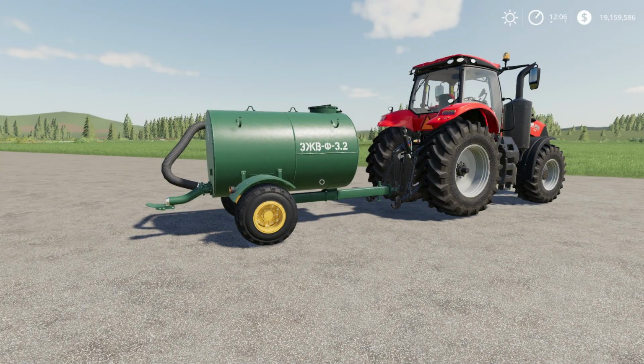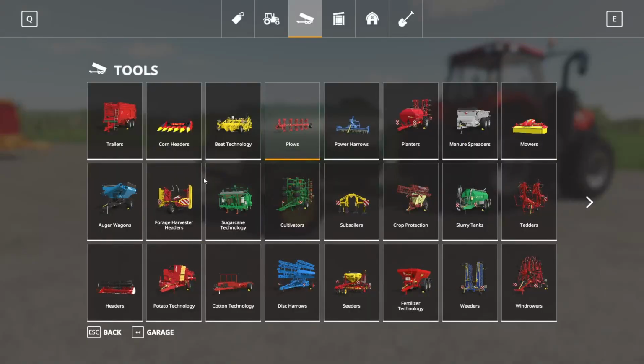All right, next up we have the ZJV-F-3.2. This is by Farm Andry, maybe? Sorry if I'm saying your name wrong. This is 6.83 megabytes to download, and this is for all platforms. So this actually has two options, which is not super clear in the ModHub because it says category under animals, but I guess if you read down further, it kind of gives it away a little bit more. But there's two configurations here. This is the slurry tanker, which is found...